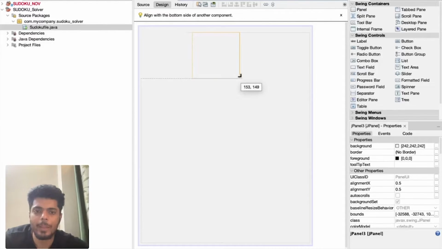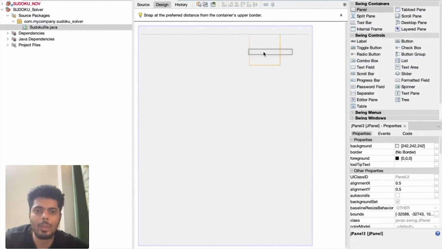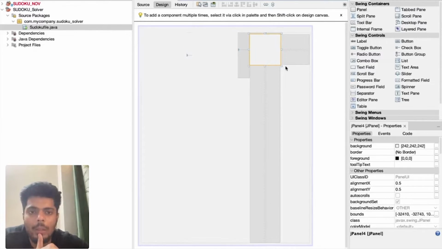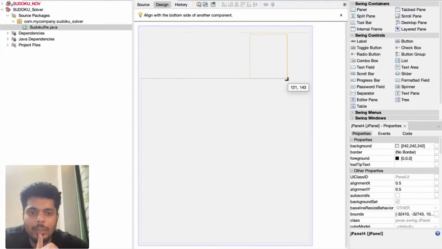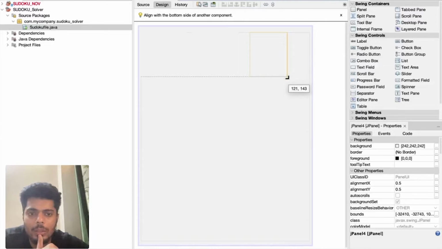While dealing with panels, it gives you a suggestion of how far it is from the adjacent panel and how you can place it. It is giving you a line, which means the top border will be aligned. That's why it is giving me a suggestion. So I'll move it upwards. 146, 149.